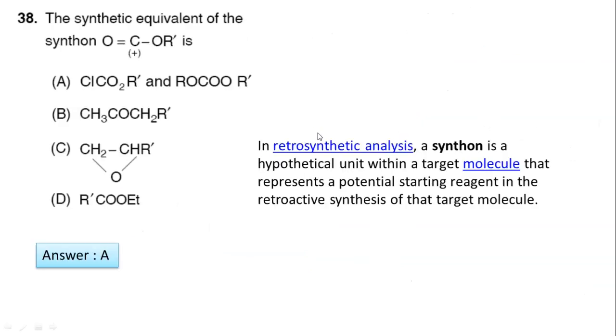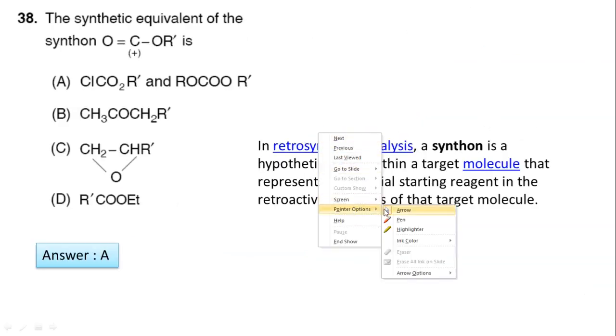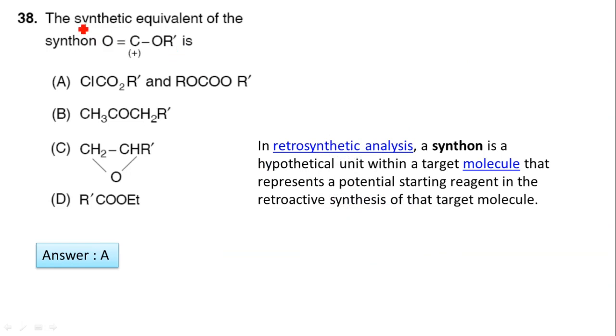Next question. The synthetic equivalent of the synthon COOR, C double bond O, OR dash is. Here in retrosynthetic analysis, a synthon is a hypothetical unit within a target molecule that represents a potential starting reagent in the retrosynthetic synthesis of the target molecule. You see here,